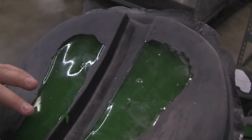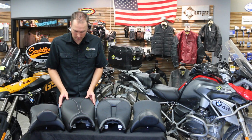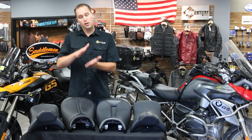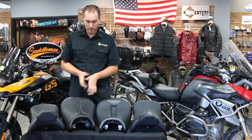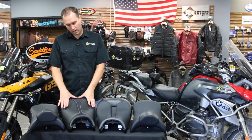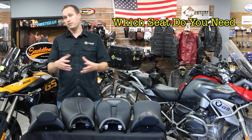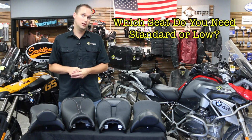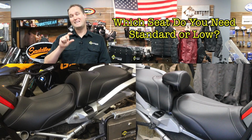So there's actually a relief channel down the middle, dual density foam throughout, and then there's also a generous gel pad in the middle that helps with road vibration and dampening, and will form to you after riding for about 10 minutes. So the Adventure Track comes in a standard height, which is going to be very similar to your OEM stock standard height, and it also comes in a low, which is going to be about an inch lower